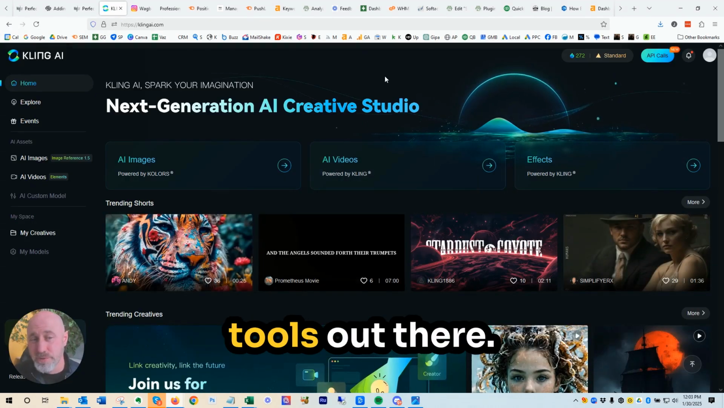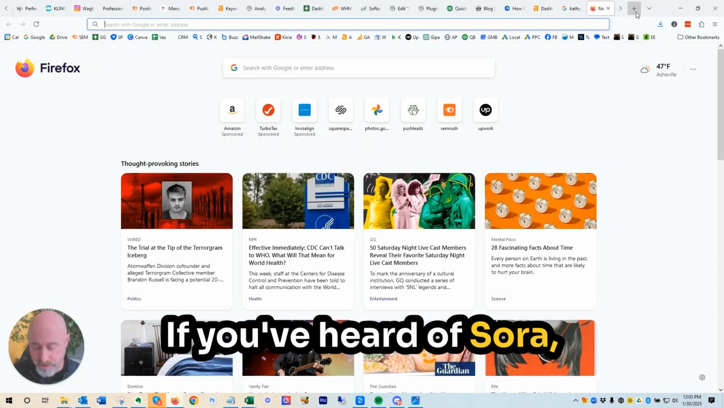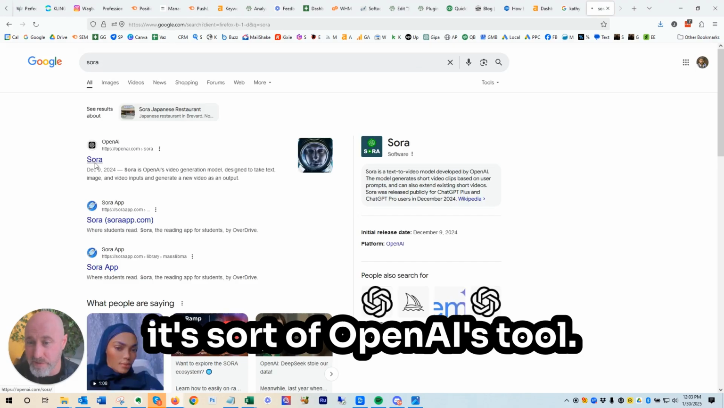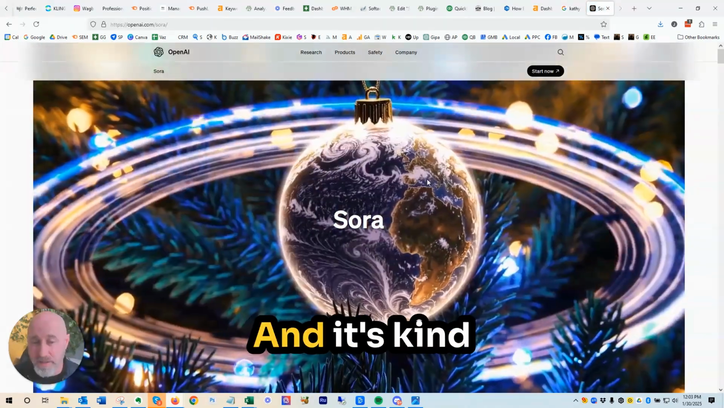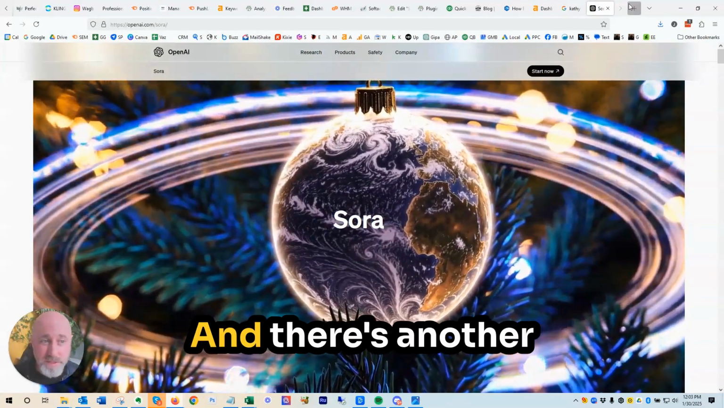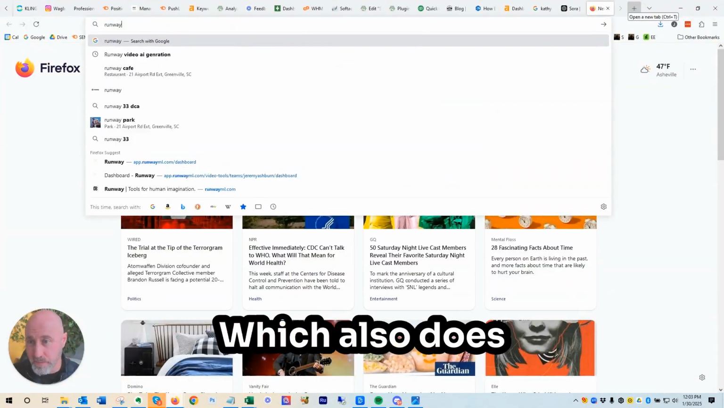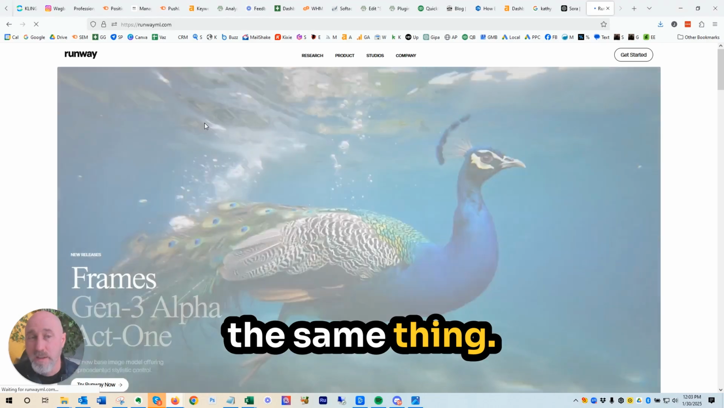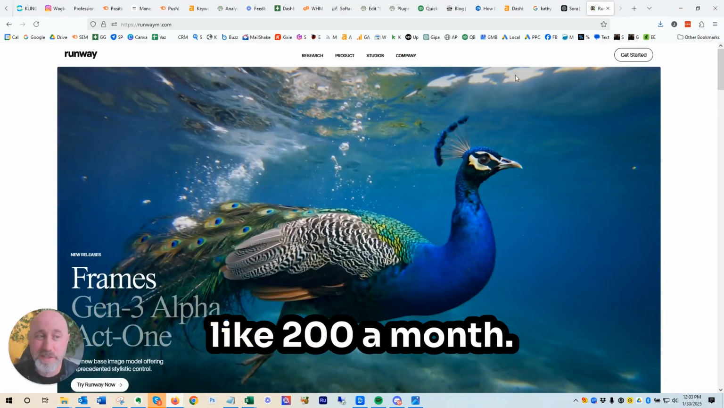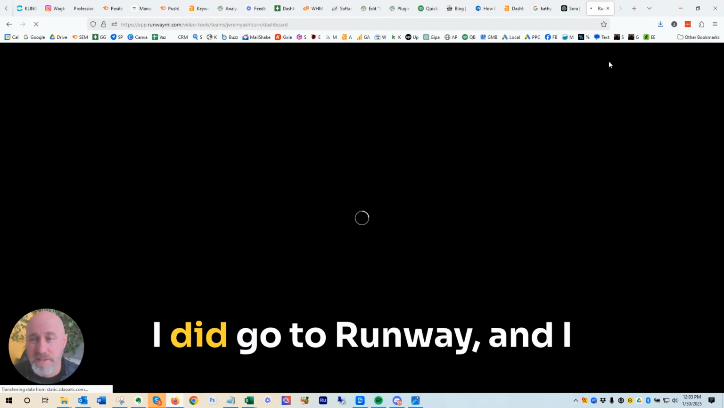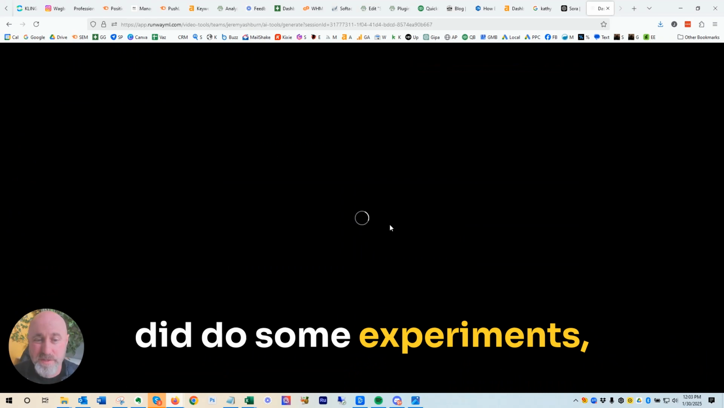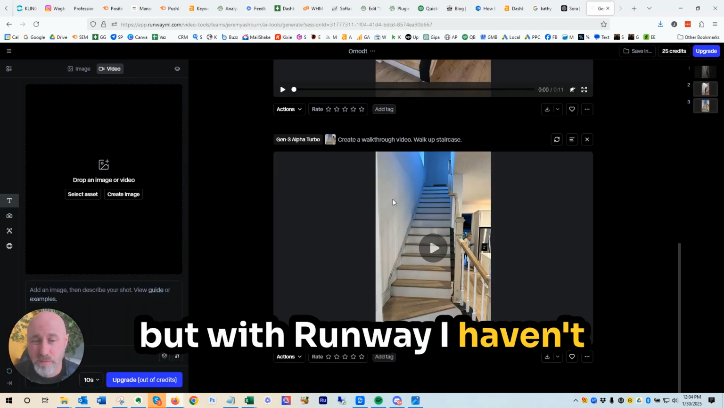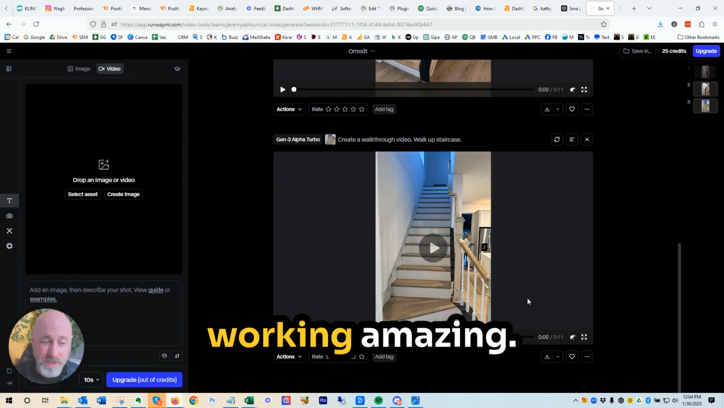Now, there are other tools out there. If you've heard of Sora, it's sort of OpenAI's tool, and it's an option there, but it's really expensive, and it's kind of hit or miss. And there's another tool called Runway, which also does the same thing. I haven't used Sora because it's like $200 a month. I did go to Runway, and I did do some experiments, but with Runway, I haven't really seen something working